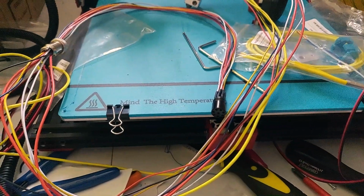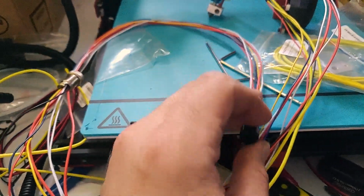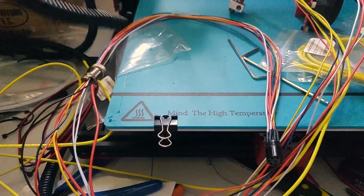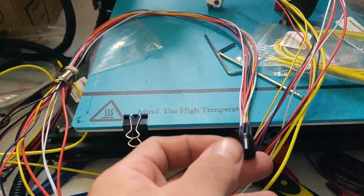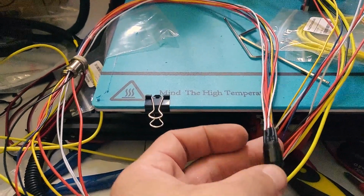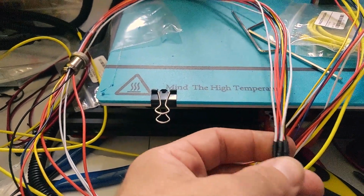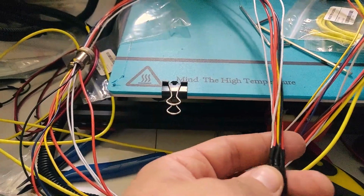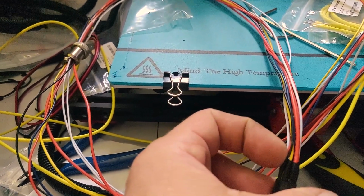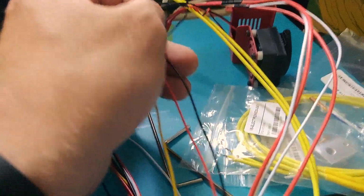Okay, what I've decided to do for the wiring is, this is the plug that goes into the control box. I've just taken the cable cover off and exposed all the inner wires. There's a little bit of damage on these anyway from where it went into the plug. So what I'm planning on doing is I will redo this, and I think yellow and black can stay, because that's up here, which goes to, it might be